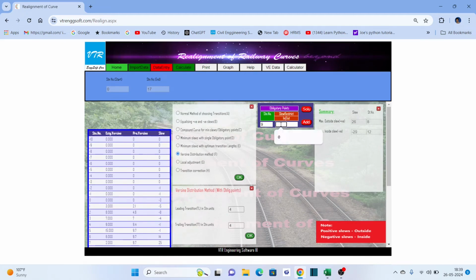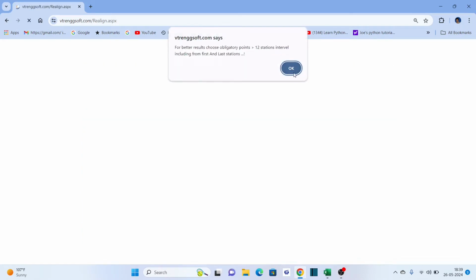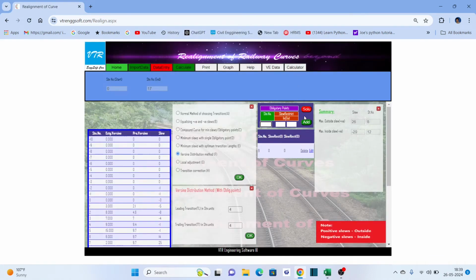So 0 slew we want to have at this station. Let us see how much we get. It's just telling the minimum distance between the 2 obligatory point stations. Okay, doesn't matter. Okay, now